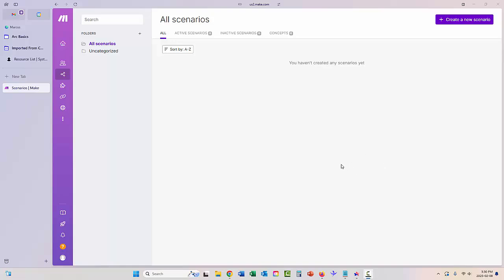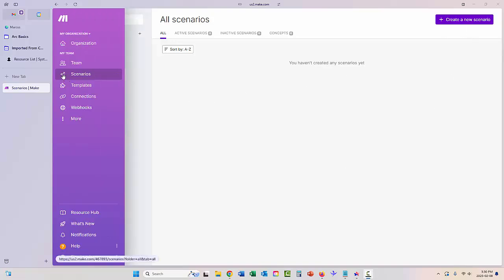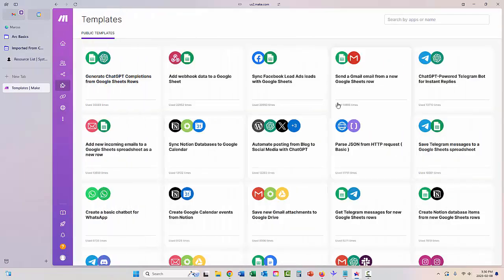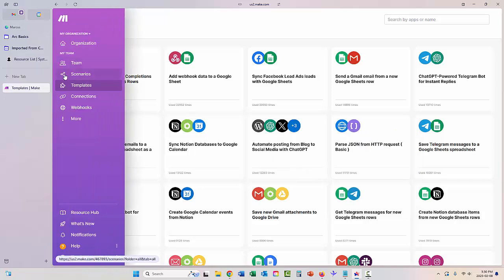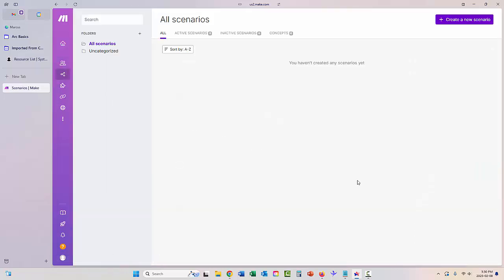So I'm in Make. I've already created a free account. This is a brand new free account. I'm going to choose, we have scenarios here. By the way, we have templates as well, so you can go through and look at all of these. There's hundreds of them. So Make allows you to connect thousands of different apps together. So we'll use, again, Google Sheets and my own email. So choose Create a New Scenario,